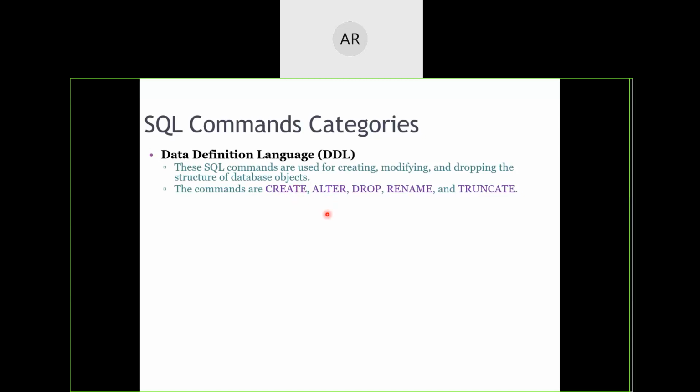In short, you can remember it by using some word which I am typing in the chat box. Since I am not good enough in writing it, you can use it. If you remember this word, you can write it for DDL. What is that word I have written? C dart. What does it mean? Create, drop, alter, rename, truncate.